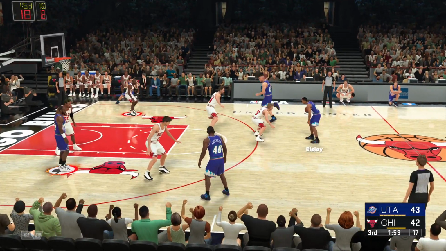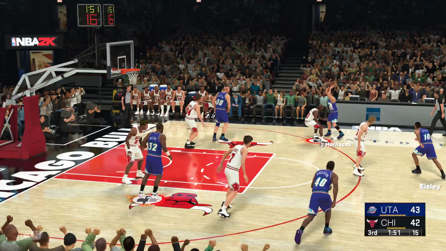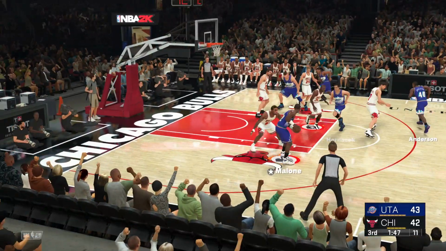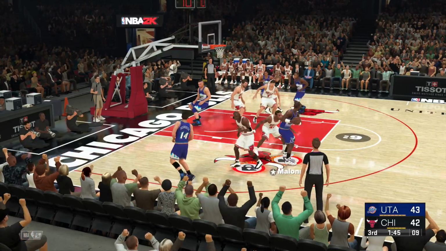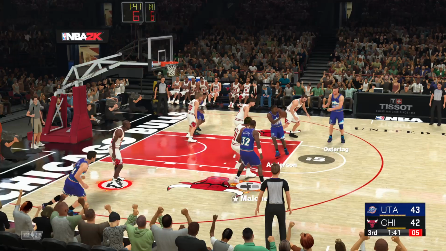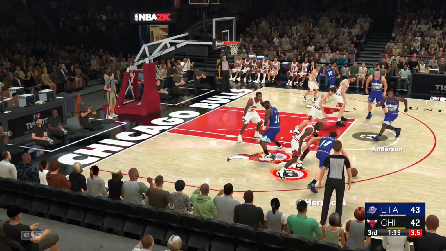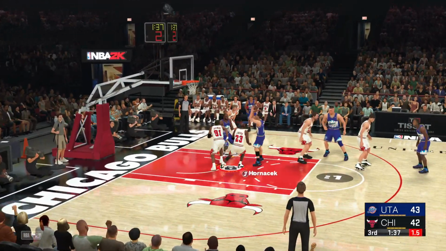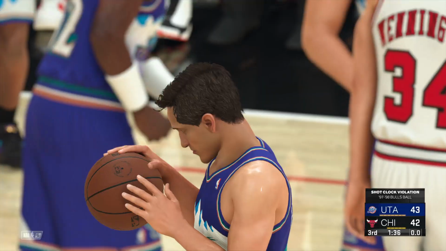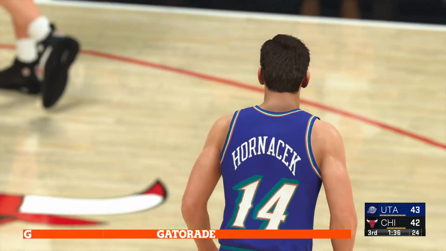Here's Isley. Hornacek outside. Now the pass to Anderson. Rodman against Malone. Pass to Ostertag. And Anderson kicks to Hornacek. Over Jordan. And it's blocked by Jordan. And the shot clock expires. 24-second violation. Luke Longley's checked in for Wennington.